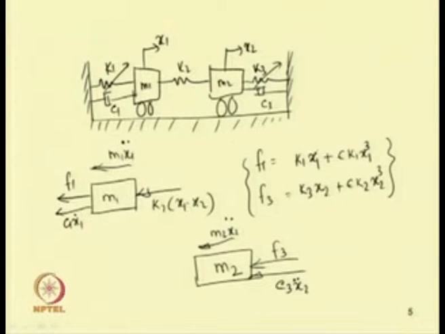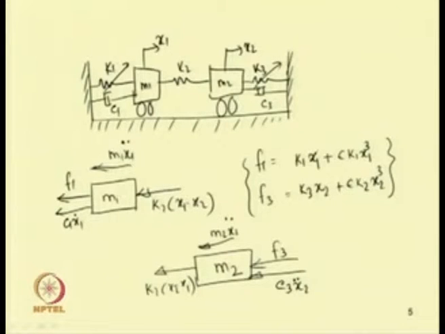Similarly, this force will be equal to K2 into x2 minus x1. So, K2 into x1 minus x2 force will act towards right, and we can write this force towards left like this. So, K2 into x2 minus x1. So, combining these, we can write this equation of motion in this form, that means m1